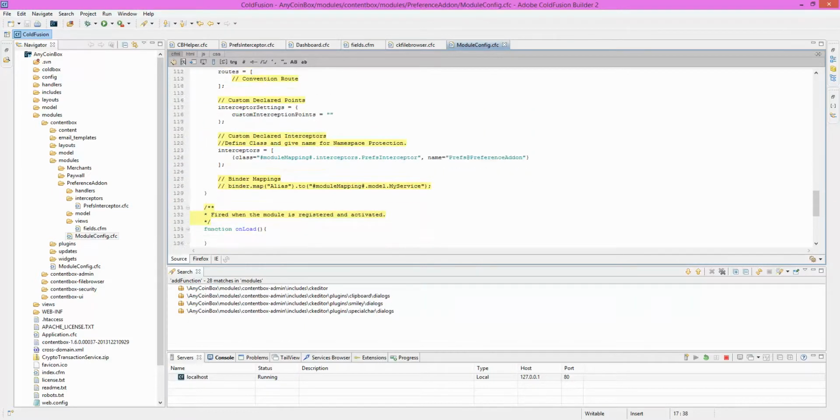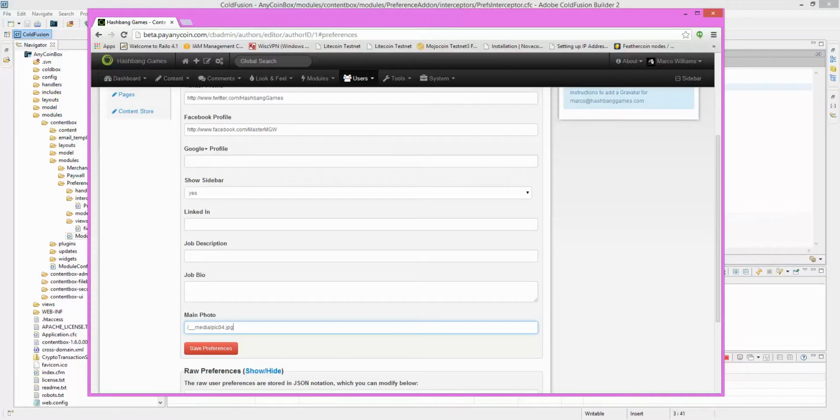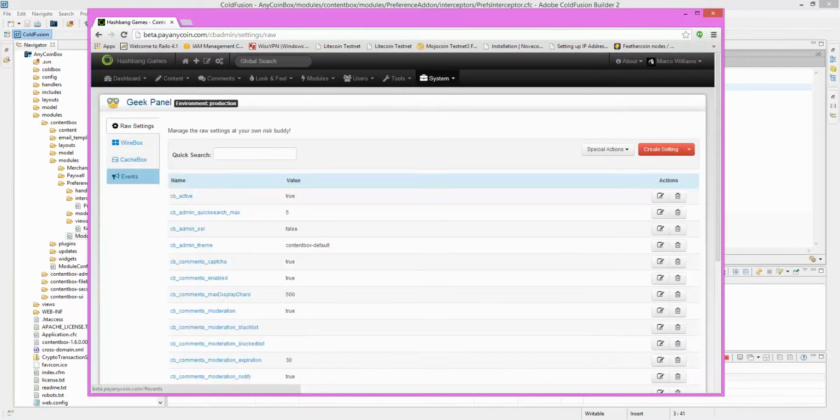Then if I come down, I just have the interceptor class that I want to use. So here in my interceptor class, or component, I'm overriding the CBAdmin user preference panel. You can actually find this information in the geek panel. So if you go into geek settings, my environment's kind of running a little slow right now, but if you just go to, I think, events,